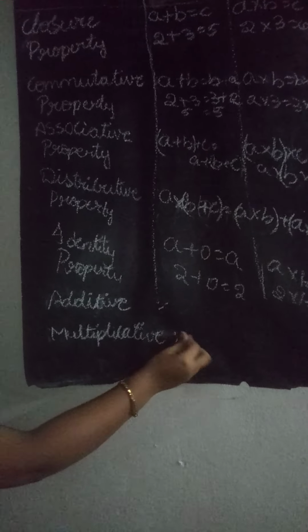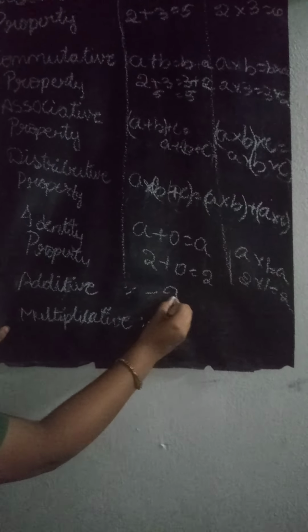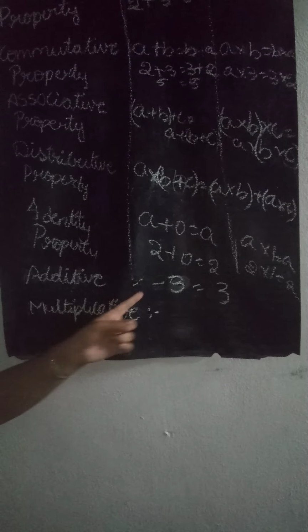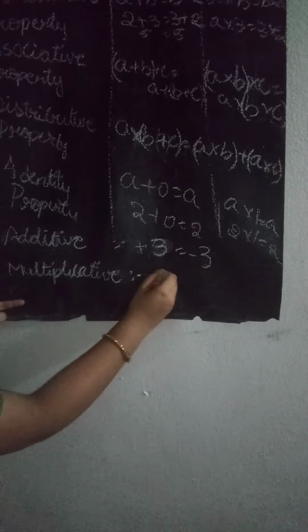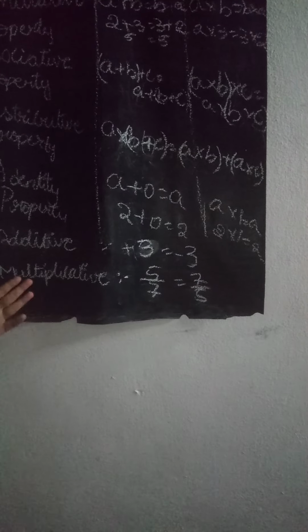So what are these two? It's very easy. In additive identity, you have to remember only one thing, that is the sign. If suppose minus 2 or minus 3 is there, it changes to plus 2 or plus 3. Only the sign is changed; the number stays the same. If it is plus here, it becomes minus here. But in the multiplicative identity, it becomes the reciprocal. Suppose there is 5 by 7, it becomes 7 by 5. That means it became the reciprocal. So this is called multiplicative identity and additive identity.